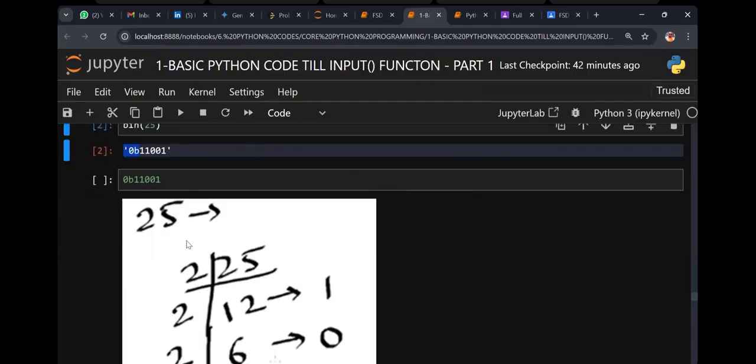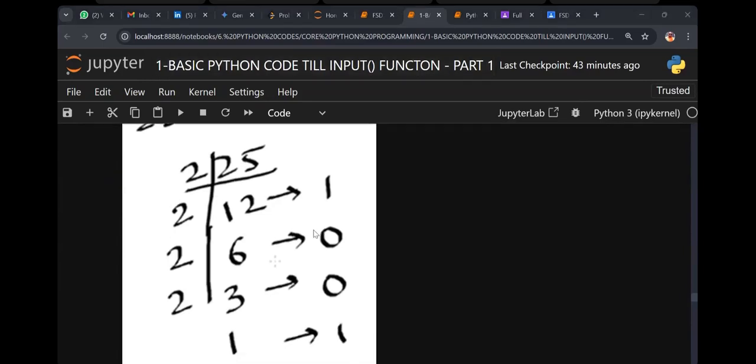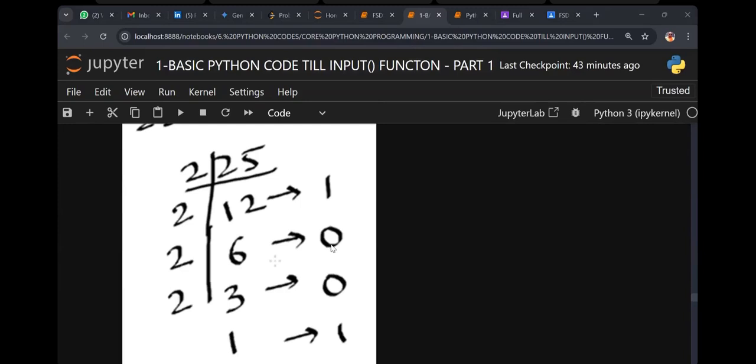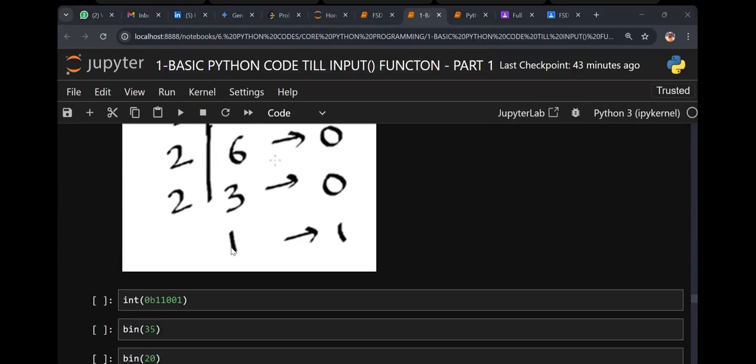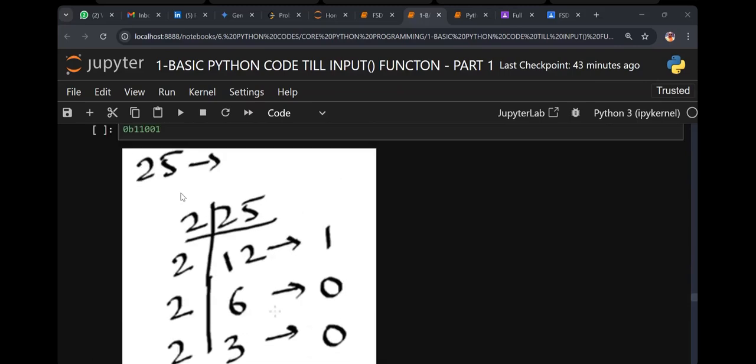Just go here. Do you see this division table? Let's try to do it. 25, divide by 2. Binary means 2 or not? 0B. 2 12 24, what is the remainder? 1. 2 6 12, remainder 0. 2 3 6, remainder 0. 2 1 2, 3 minus 2, 1. So do you see this, guys? I got 1 1 0 0 1. Now 0B 1 1 0 0 1. Clear? Very simple or not?